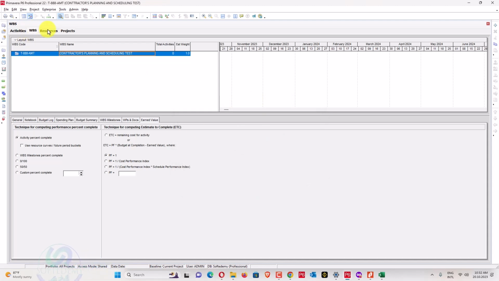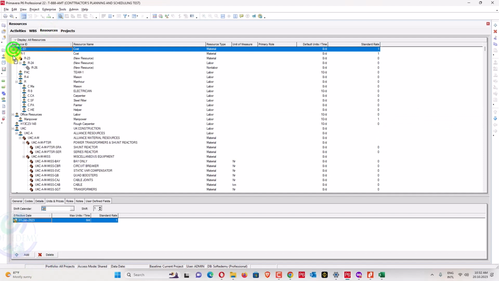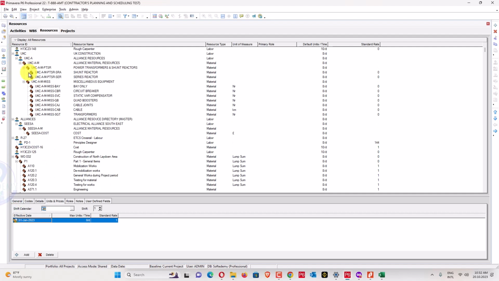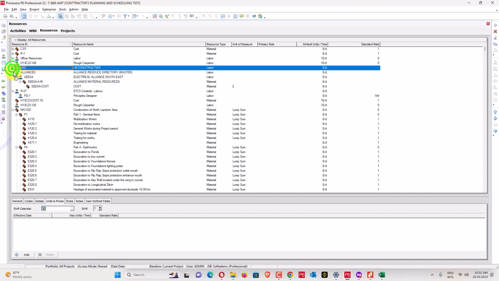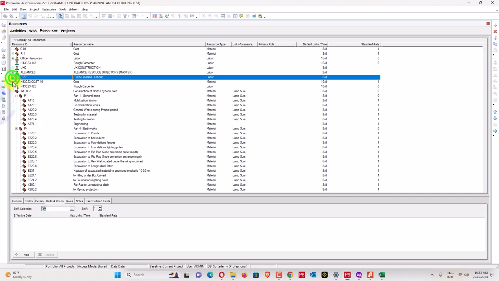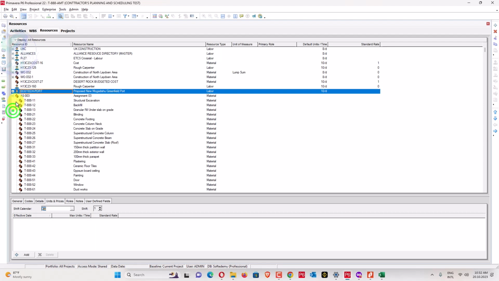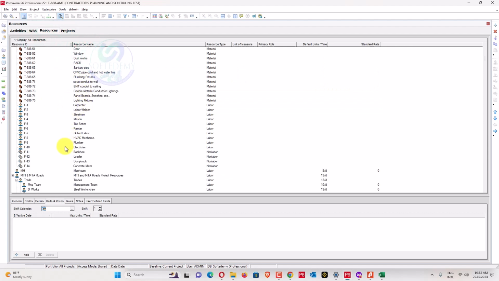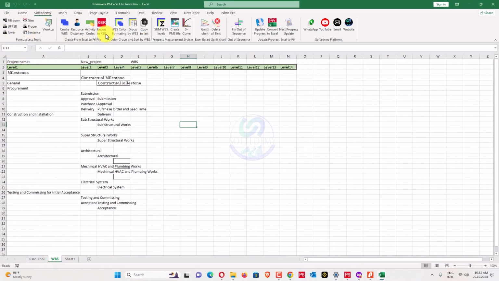Okay, what has been added? Are resources added or not? Let's see here. Okay, AS03. Okay, we have to find out AS03. Okay, AS03 has been added now. So all backhoe loader have been added. What we have to do, just go here, WBS select, and now export this one.